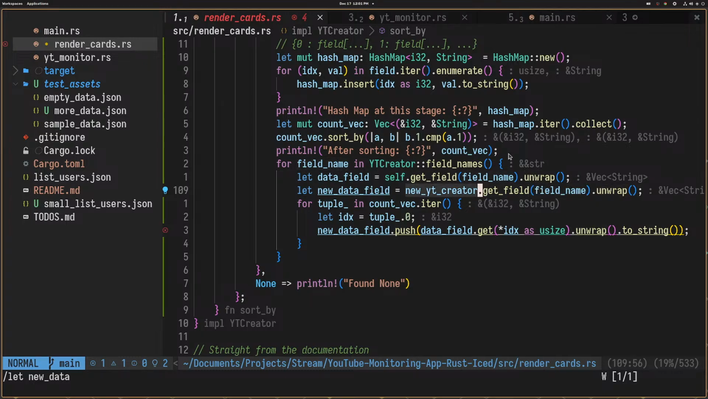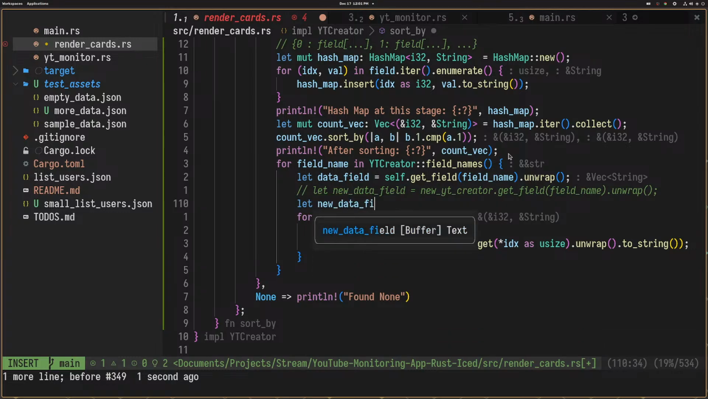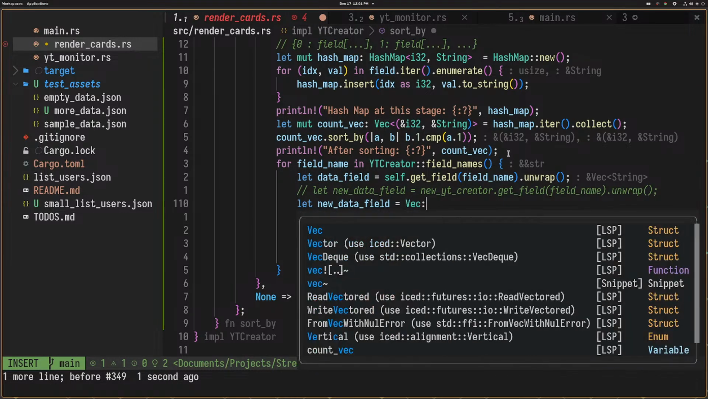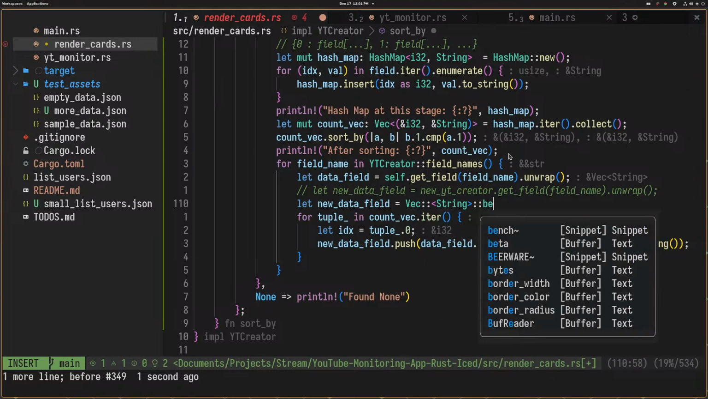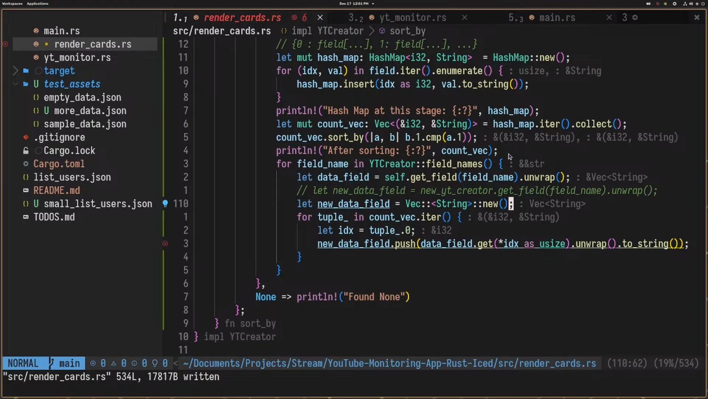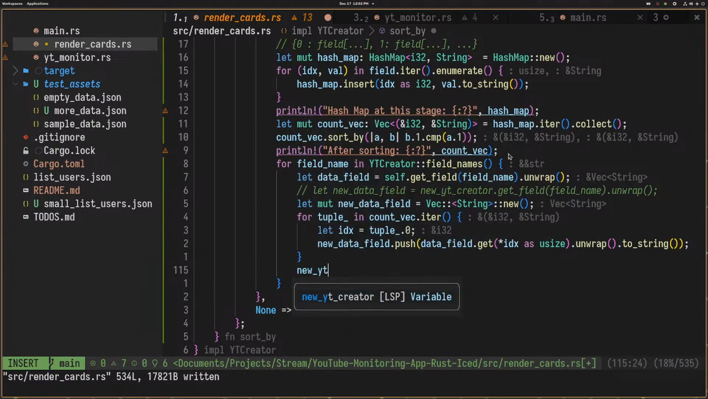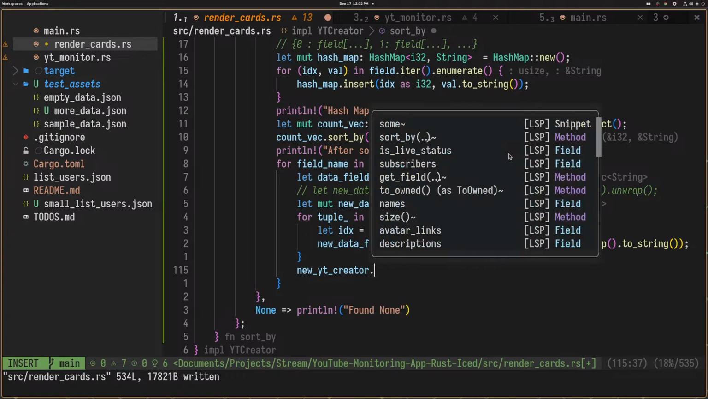I don't know what can we do about it. I'm just thinking, can I create, instead of doing this, let new data field, because we just want a vec of something like this even will work, right? Because we know that it's all going to be vector of strings, and once this is done, this will work, right? And once you have it here, what you can do is you can do new yt creator dot get field. Can I do set field